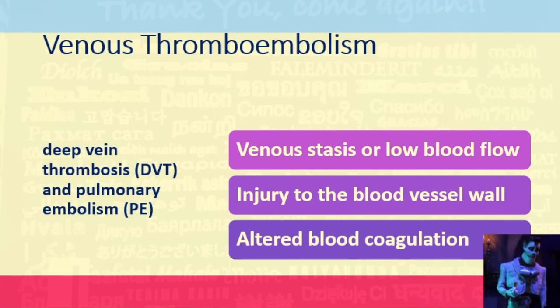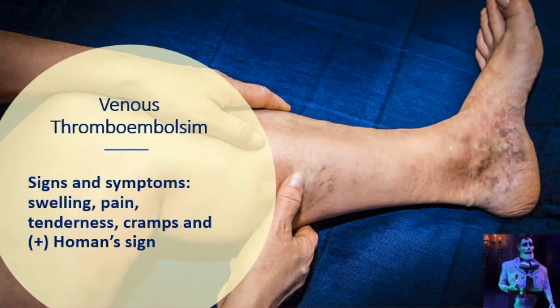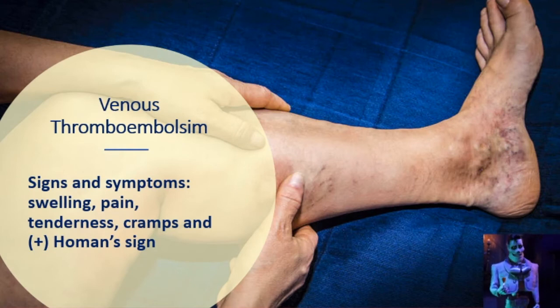Okay, so deep vein thrombosis is the deposit of clot. Okay, whereas pulmonary embolism is the traveling of your clot towards your pulmonary artery and pulmonary vasculature. So this is a result of your venous stasis or blood flow, injury to the blood vessel wall, and altered blood coagulation. So still, life-threatening. So what do we do? Okay, we assess for the following: presence of swelling, pain, tenderness, cramps, and then your